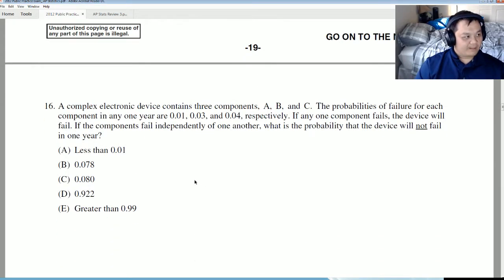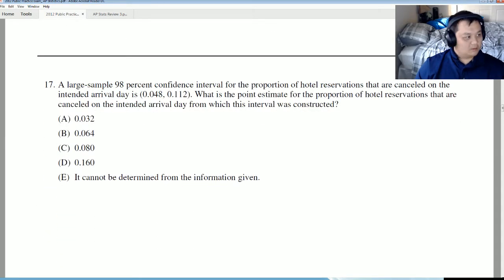16. This is a device will not fail. D, 0.922. Yep. 17. Confidence level for proportional hotel reservation, are the workers on